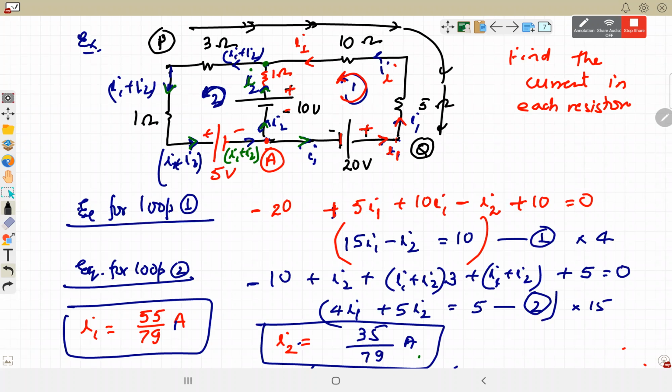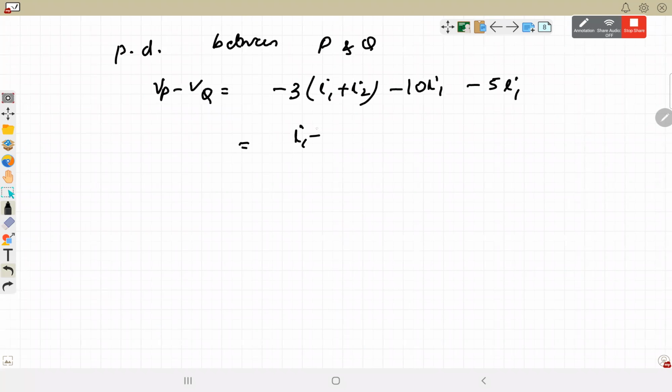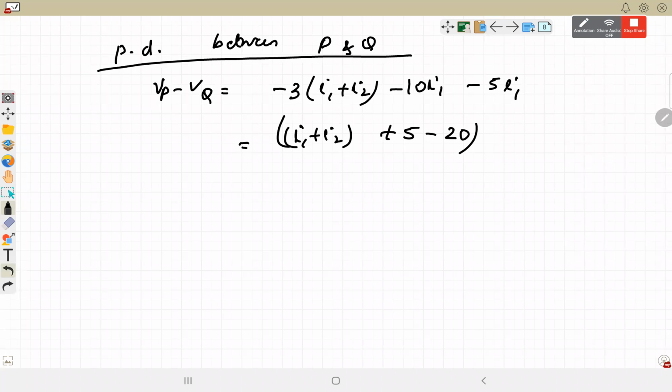By using either from P to Q from the top or P to Q from the bottom, you will be having exactly the same result. इधर नीचे वाले से करोगे तो I1 plus I2, you can write the same as I1 plus I2 into 1. बैटरी क्रॉस की प्लस से माइनस की तरफ तो +5 and -20. You can verify these two should give exactly the same result in the circuit. We will solve the current for each resistor, and accordingly we will find out the potential difference between any 2 points in the circuit.